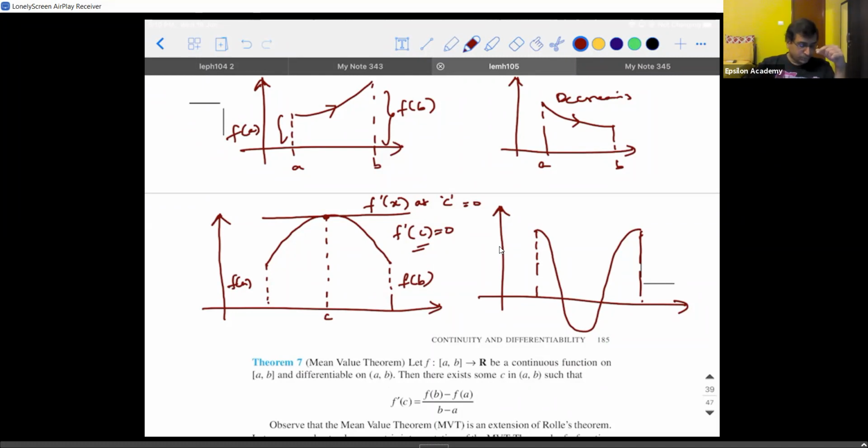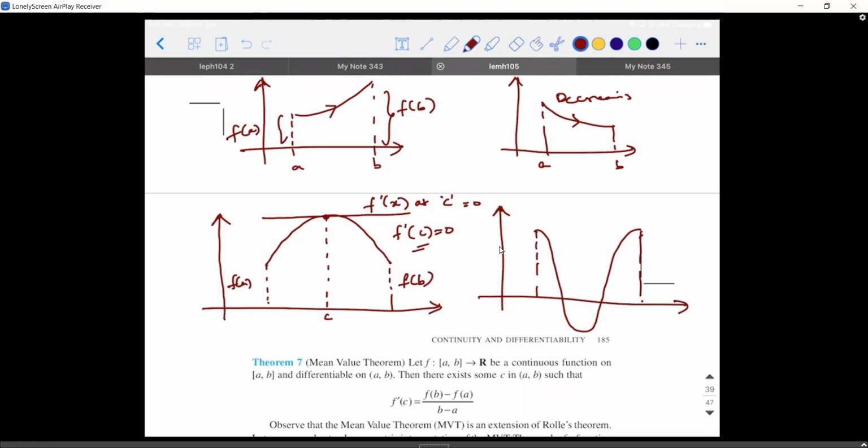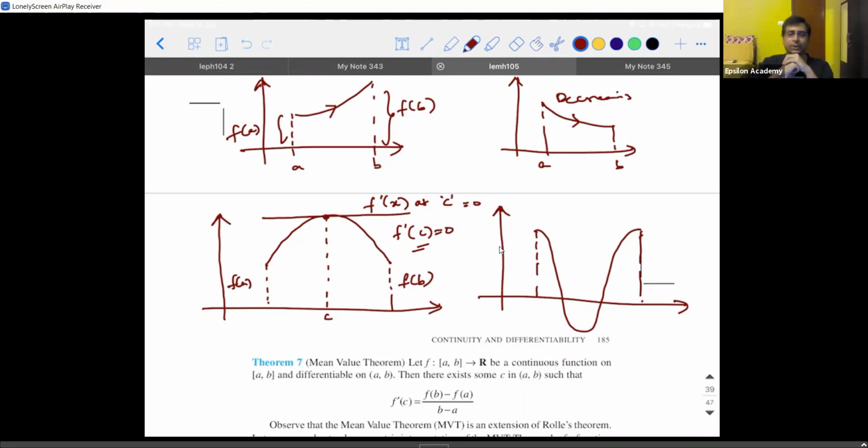So generally, if you observe the first curve, the first graph, before C, the curve was increasing. After C, the curve is decreasing, right? So can I say, when the curve is like this, it has attained the maximum value at C? The curve has attained the maximum function value at C, because if you take any other y value, at C only you have the maximum y value.